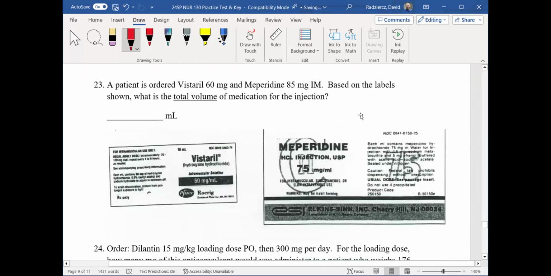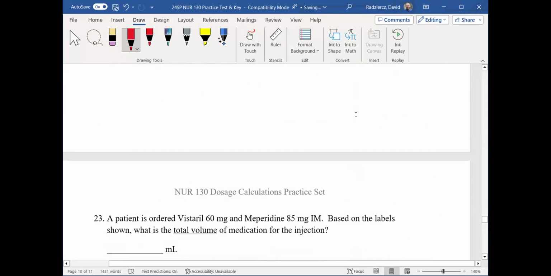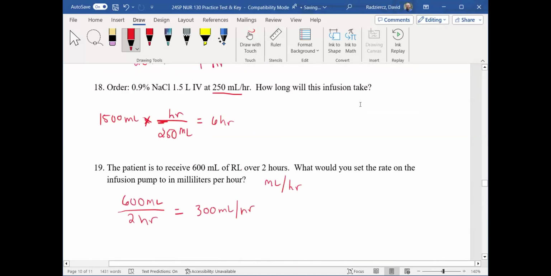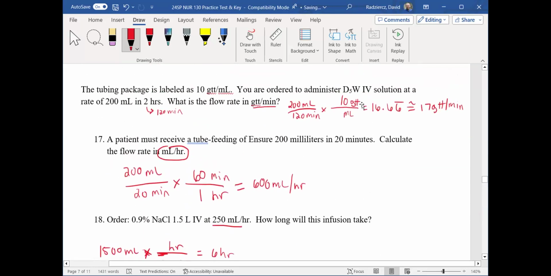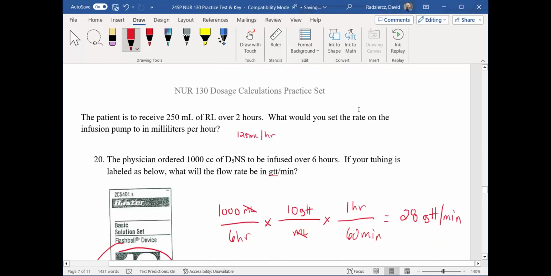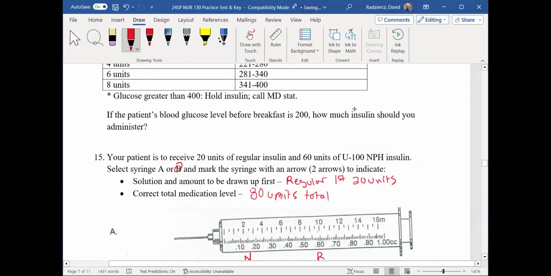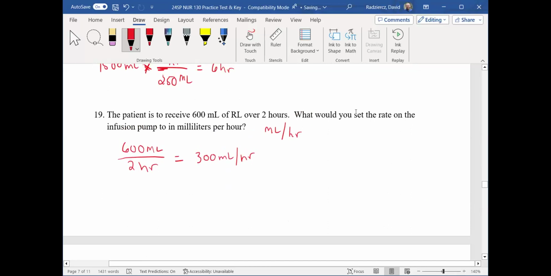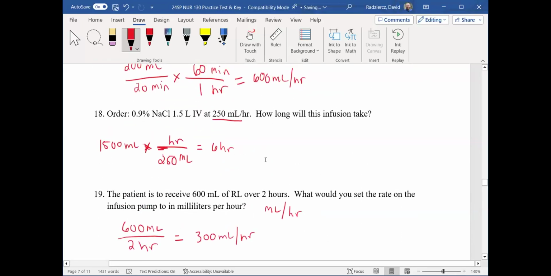If you do, let me just see if I have an example. I don't remember there being one where I asked you about time, so I don't think you need to worry about that for 130. You might see something like this where you're calculating to a time, but it should be straightforward. And whenever you're converting hours to minutes, you would just handle your rounding at the end of